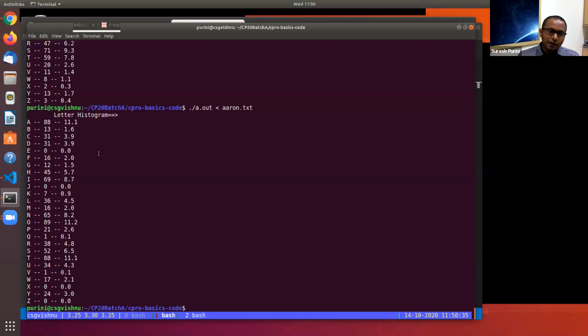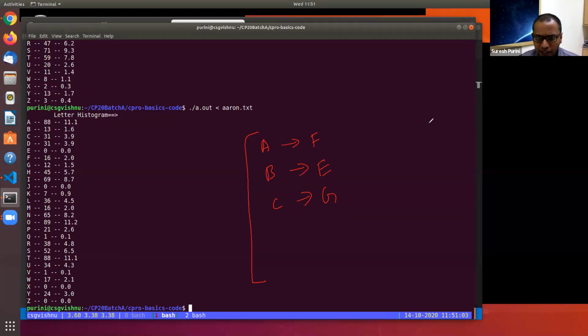One thing I want you to notice: when we were kids and wanted to encrypt data, one of the simplest things we did was take A and map it to some random character, F, then take B and map it to E, then C to G, like that. So we can use some kind of mapping to encrypt a text.